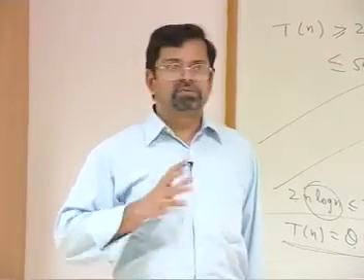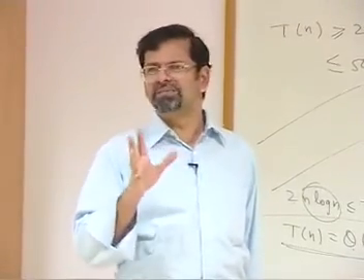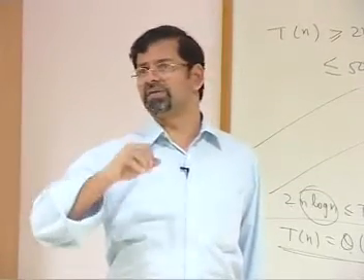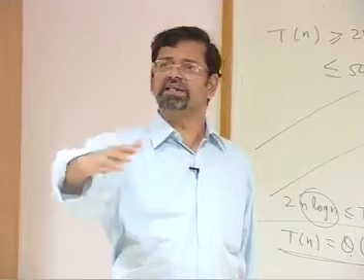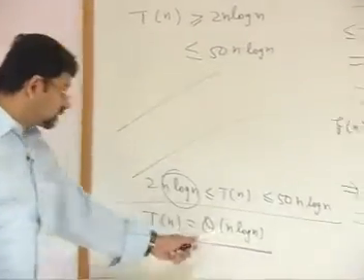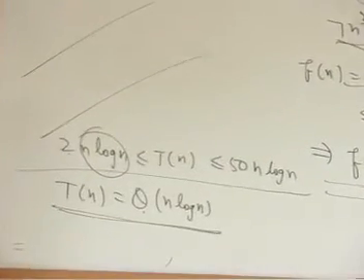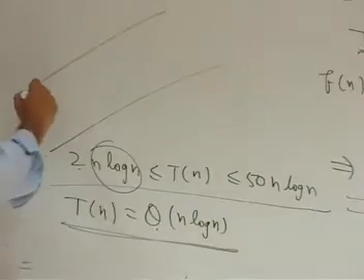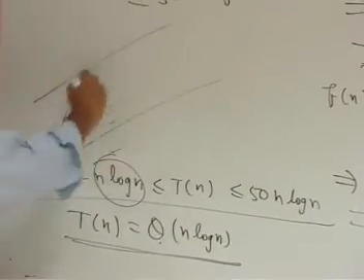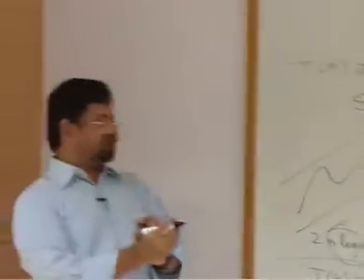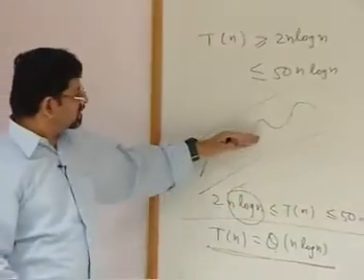You work a little more and then, no, it doesn't seem to be tight, maybe I can improve it a little further. And then you work on it and, no, I could improve it a little further. If you keep saying like this, everything that you are getting is only an upper bound. But the moment you say theta, you have estimated the nature of the function very precisely, and it is only between these two bands. The curve is within this. That is, it is larger than this but smaller than this.